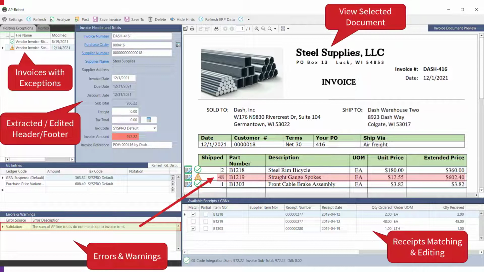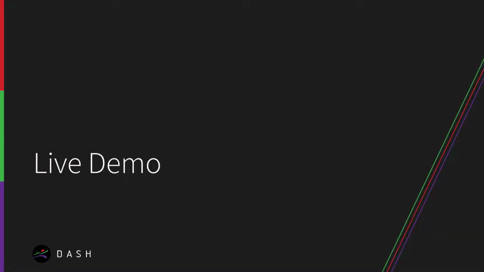On the lower right, I see a list of all the receipts that are available for matching with this particular PO. Those are unmatched receipts, or GRNs. And on the left, I see the list of GL distributions where you can edit some of that information before you pass it along. Now let's get into the demo and show you what it looks like in the driver's